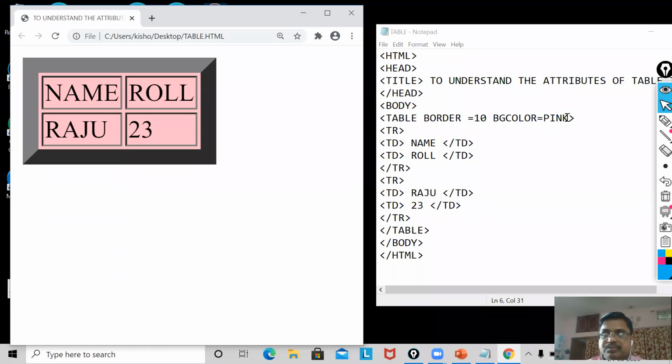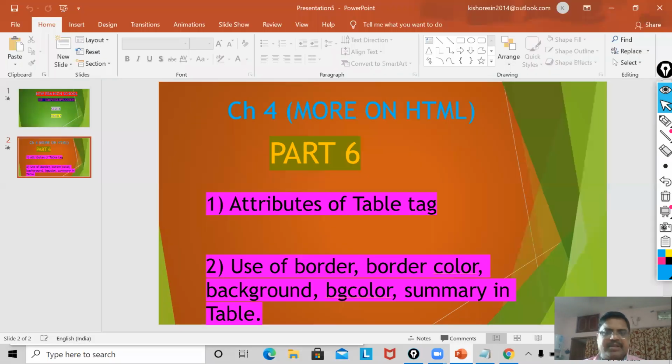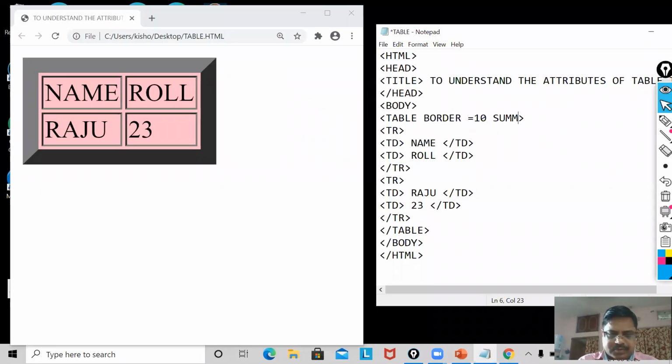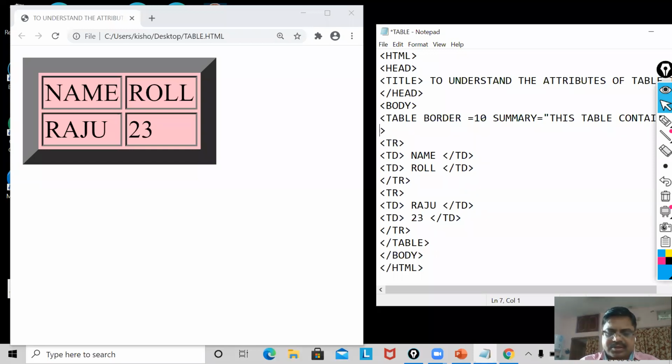Now, the next part. Now I am going to discuss the next attribute, that is summary. Here I have written summary: this table contains data of NEHS.